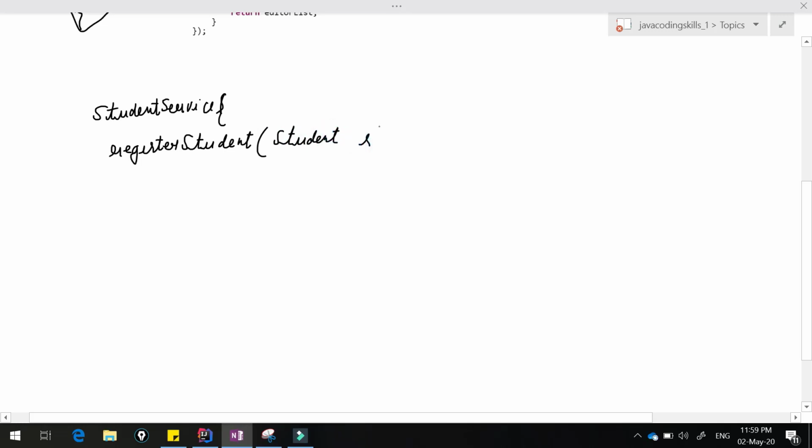This is the Student class, and here we are validating the student first, so we are calling validateStudent. Usually we do validation for anything, then we store into the DB, or take further action after this validation.